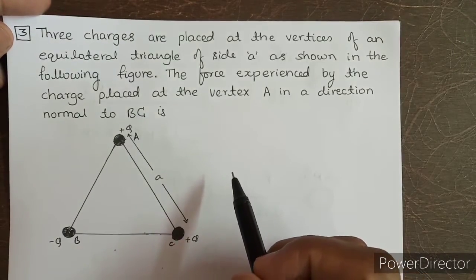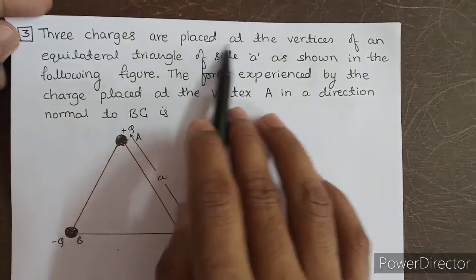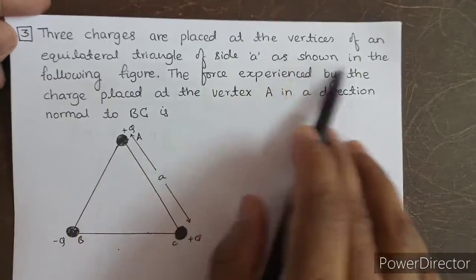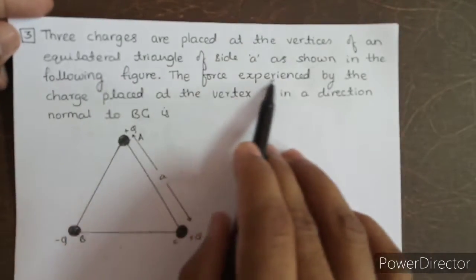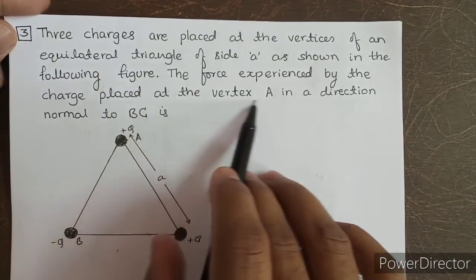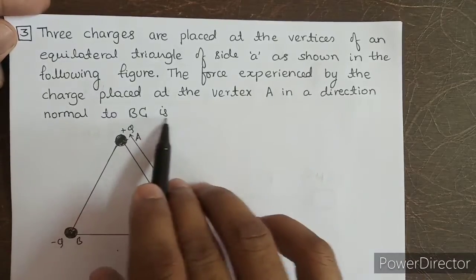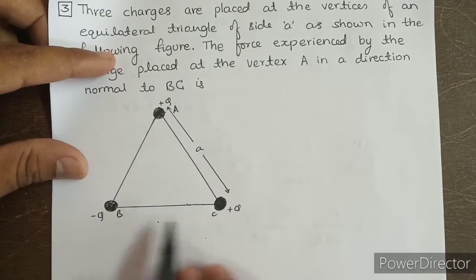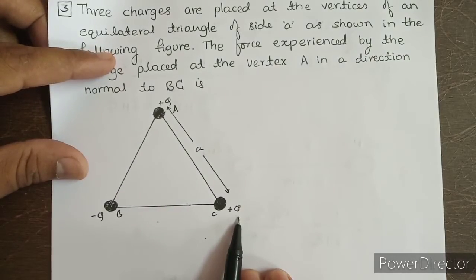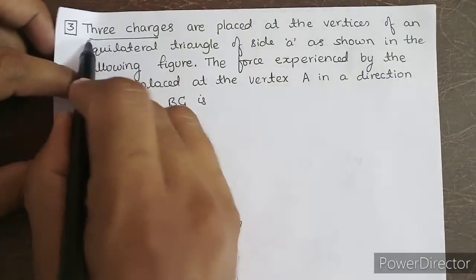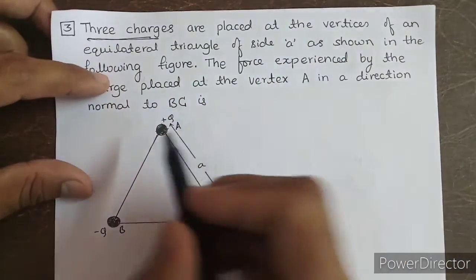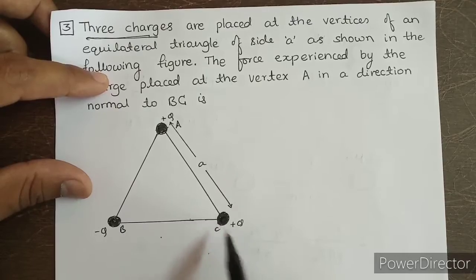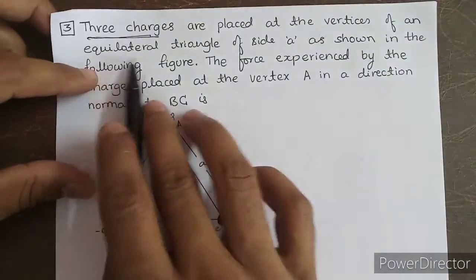Okay, we have the third question here. Three charges are placed at the vertices of an equilateral triangle of side A, as shown in the following figure. The force experienced by the charge placed at the vertex A in a direction normal to BC is. So we have a triangle here, A, B, C. Okay, so three charges are placed at the vertices. So one is vertex A, second one is vertex B, and the third one is vertex C of an equilateral